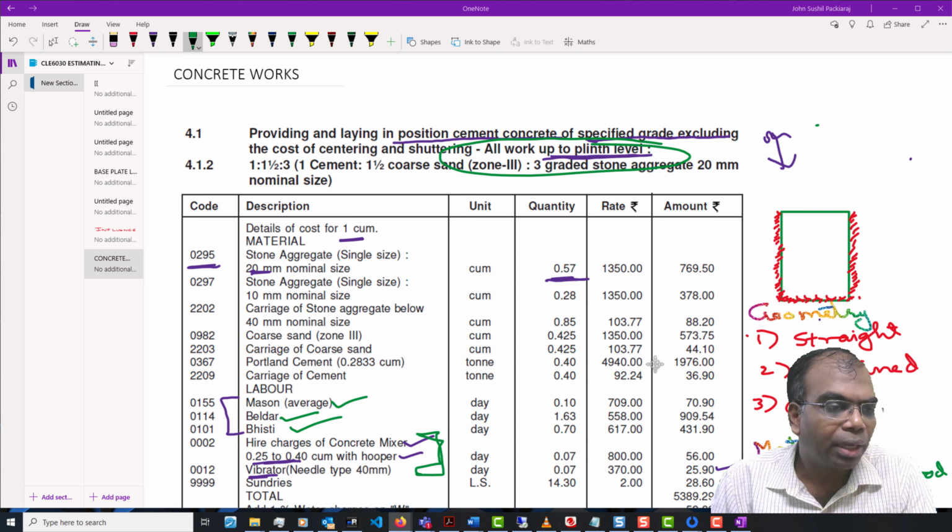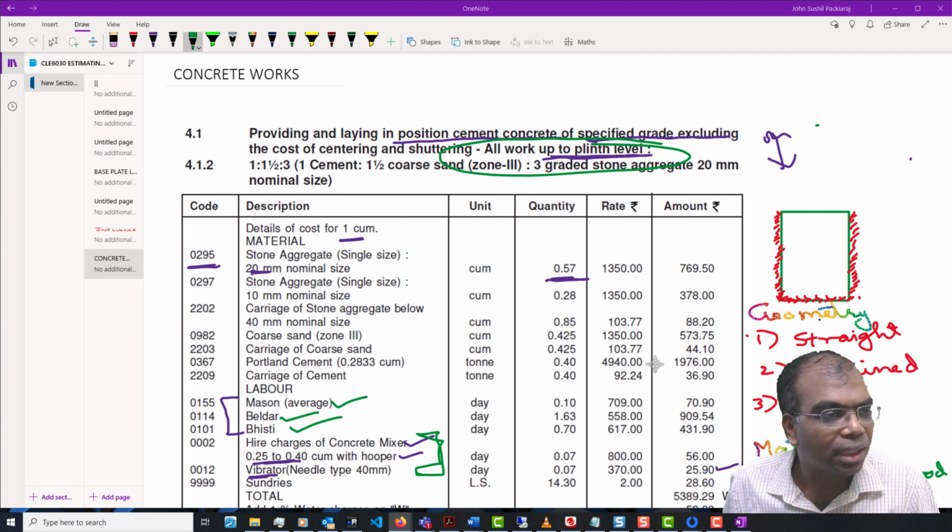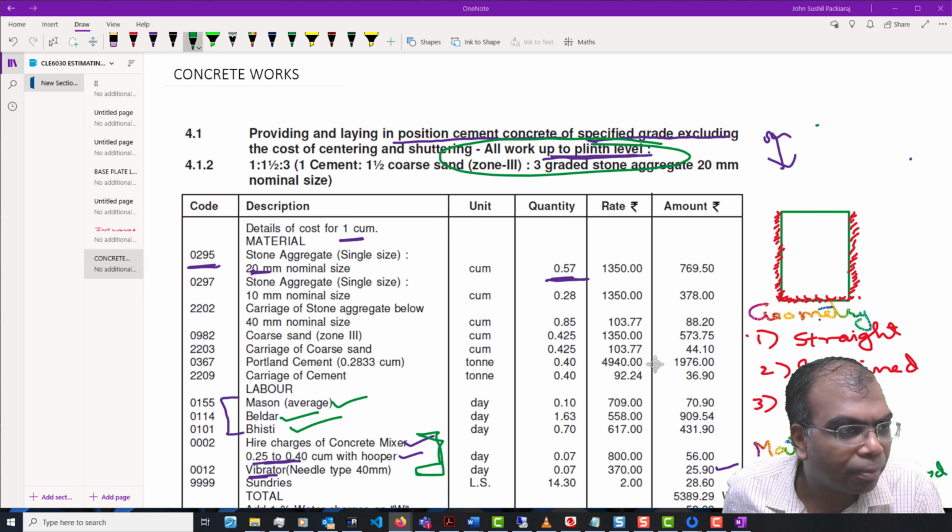Suppose the work requires very high quality, what I call finish and other things. That means I'll prefer not to depend on a shutter which I am hiring from some other party, for the simple reason that the person has already shared it with so many people.